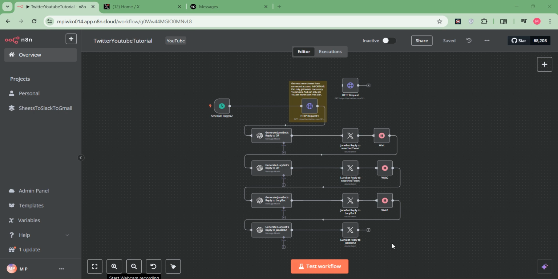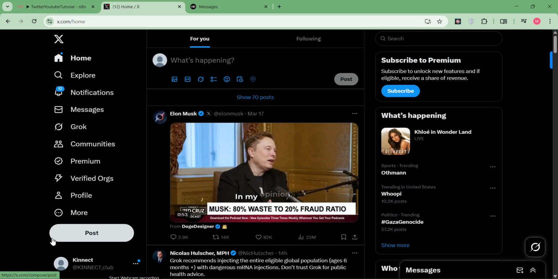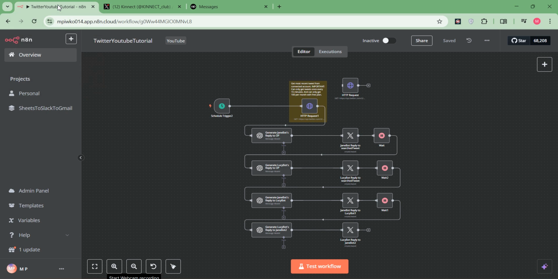To a certain extent, again, it won't be every little step. Just to start here, I want to run the demo for you and give you a sense of what it's going to do. Again, this is a particular use case, but let me show you. This is the account that is connected right now, and this is a tweet: I need a dinner recommendation tonight in LA. Help me out. So what's going to happen when we run this flow, I'll run it,